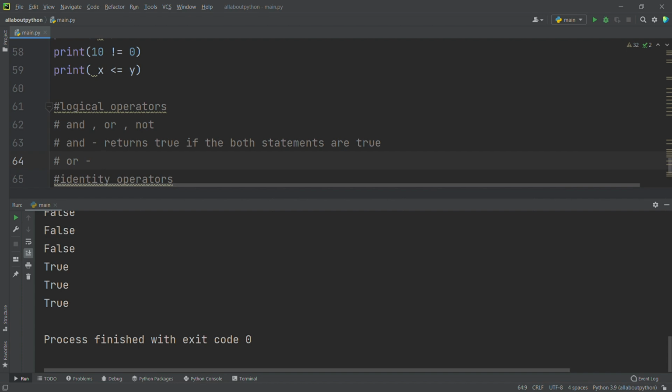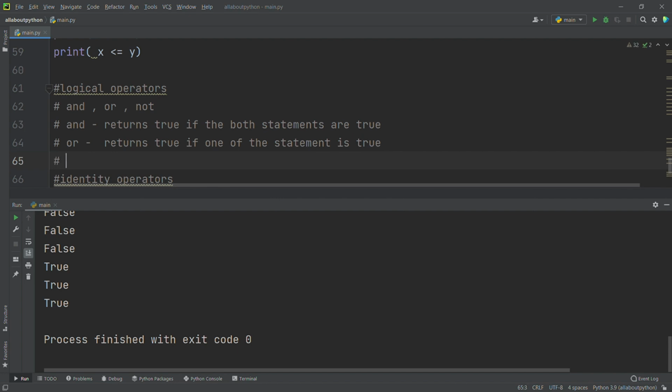So now we'll go with or. How is it going to work? It returns true if one of the statements is true.